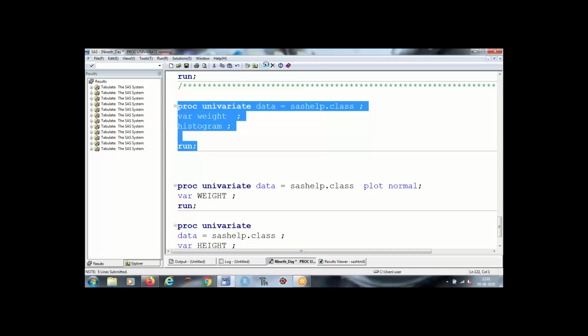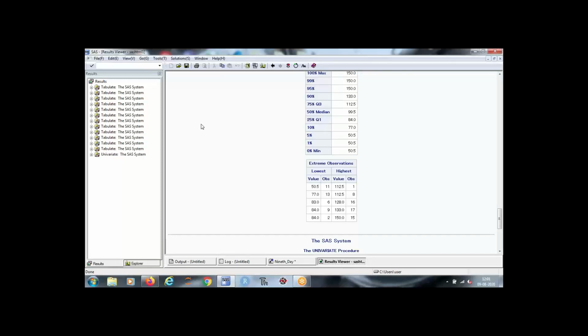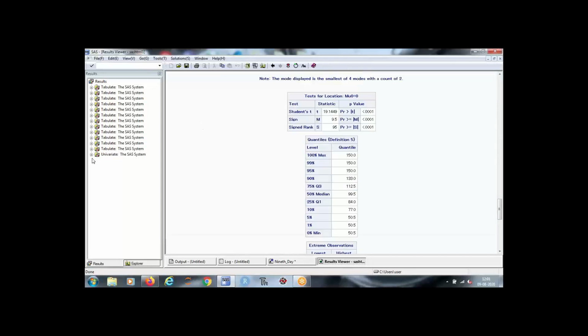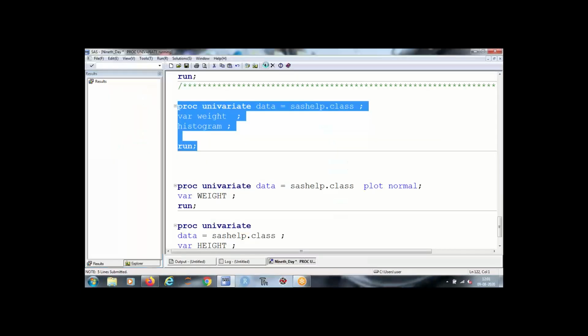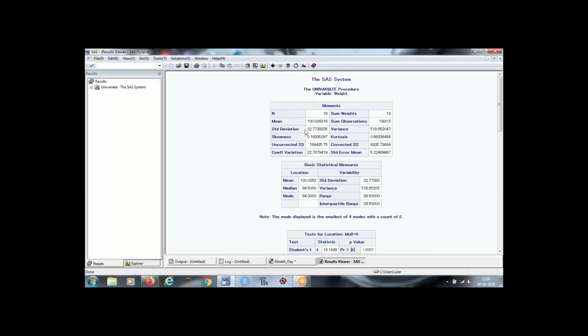Let me do one thing which I usually do before running this procedure. This procedure will give you moments, which is your descriptive statistics, plus a few other measures like sum of squares and standard error.